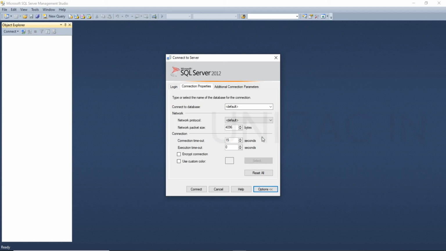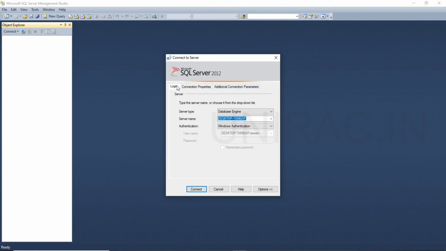You can see the options here as well. We go with SQL Server Authentication. It will ask for the username and password. You can log in with SA. SA is the user which we log in with. So enter SA to login and the password. Enter the password for SA. Connect.